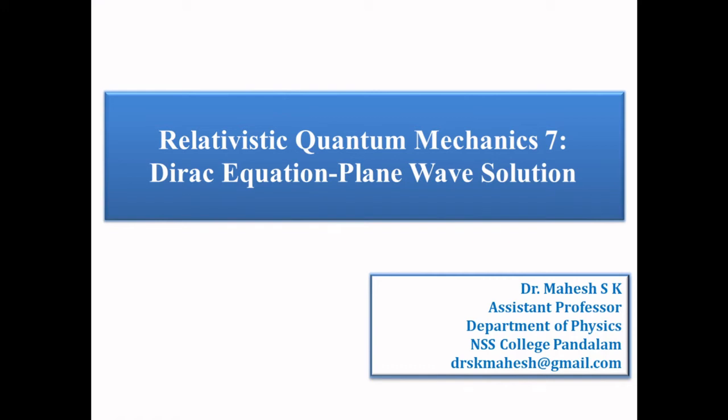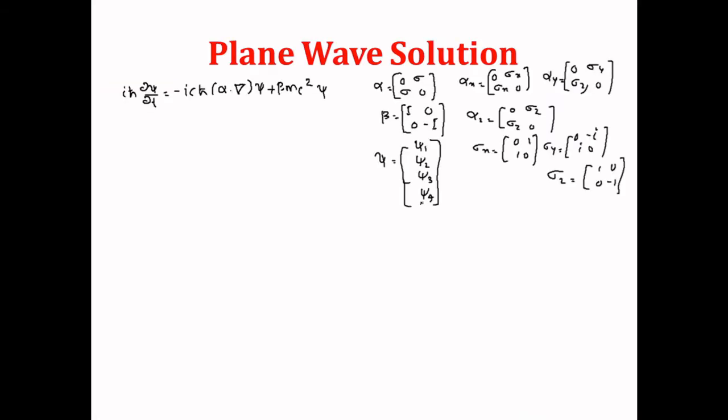Good morning. Today we are going to discuss the plane wave solutions of the Dirac equation. In previous classes, we have obtained the Dirac equation for a free particle, and the Dirac equation is iħ ∂ψ/∂t equal to minus iħc α·∇ψ plus βmc²ψ. And we have discussed the properties of these alpha and beta matrices, and we can write alpha as